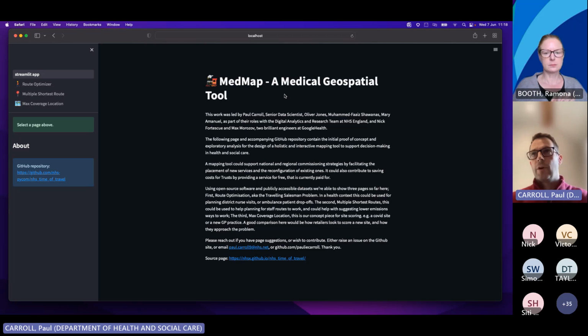Okay, and once the Streamlit app loads, this is what it looks like. This is our introduction page, and we have the 3 pages listed down here on the left. As I said before, this is a concept piece of work. It does solve some problems that are straight out of the box, but really the way we envisage this being